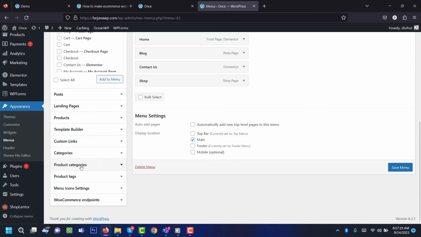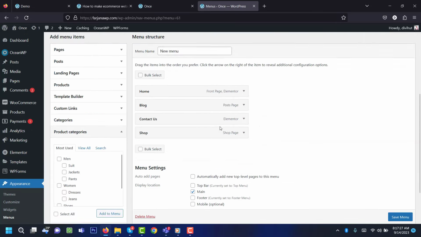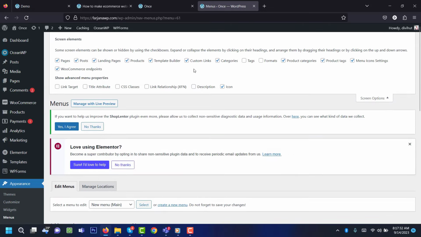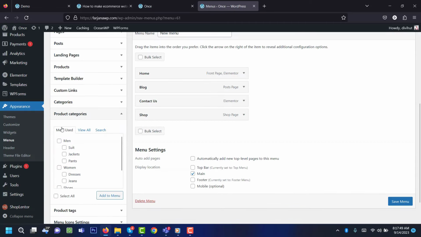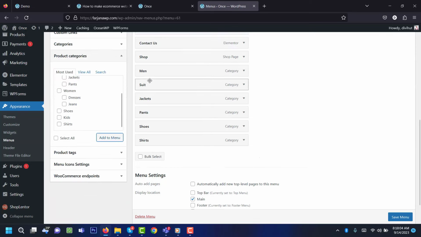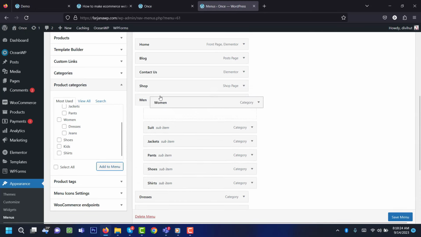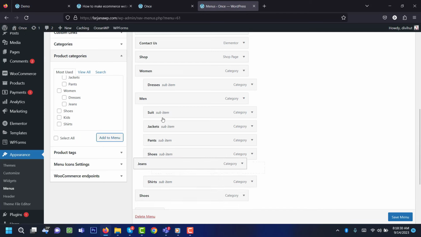So product categories, if you don't see it here in the left bar, so go to top screen options, and from here product categories, just enable it. Also I'm going to enable the CSS classes. Now going to add some custom category, so going to men and under it 3 items. So I'm setting this as sub menu under men, also women, and moving it top, and this item moving as